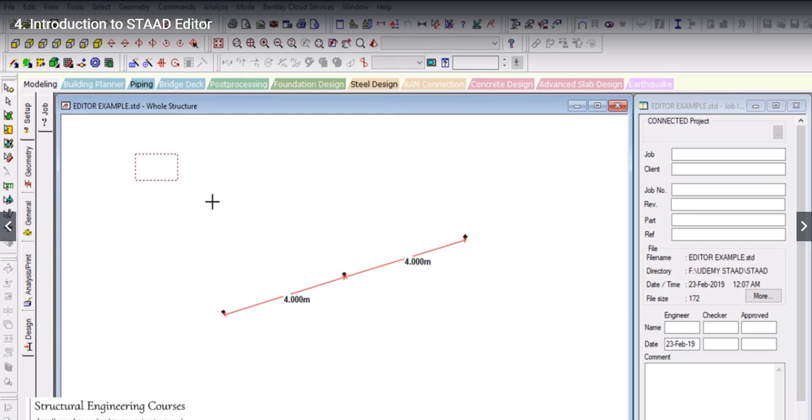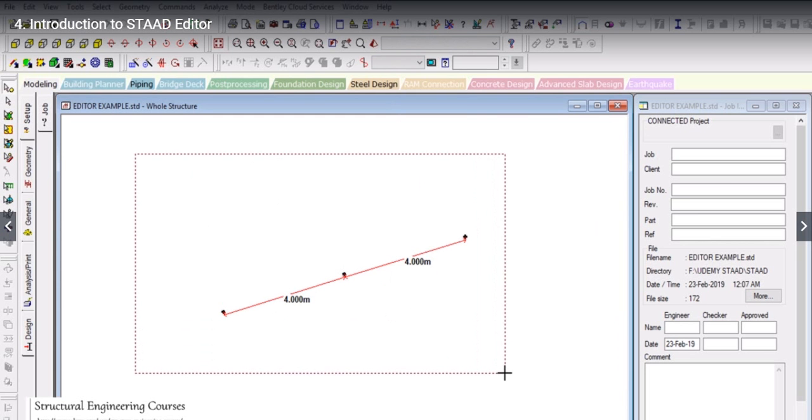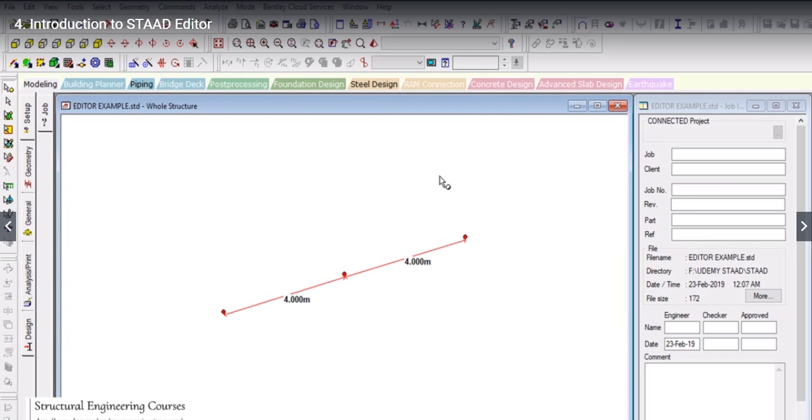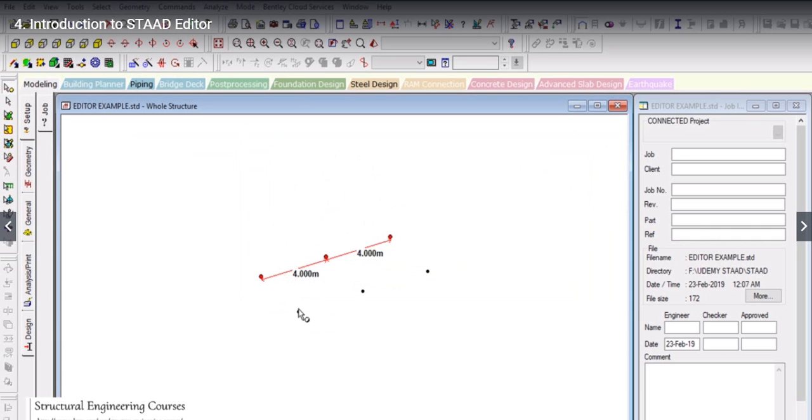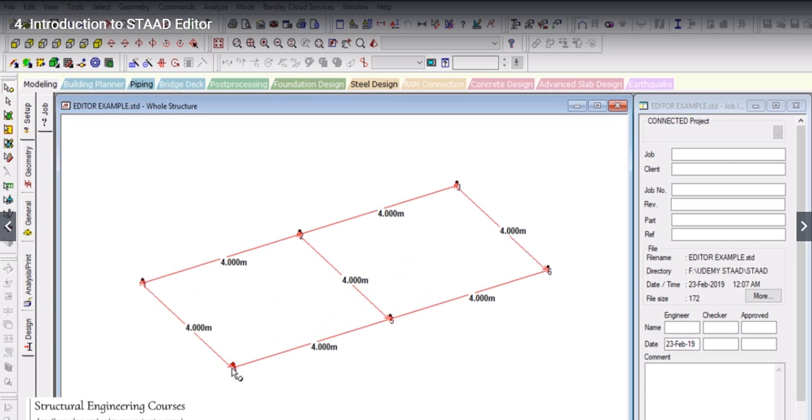If we want to repeat the joint coordinates in the graphical user interface option, that is this option, we can go for translation and repeat, press Z, with default step spacing as 4. So left click on OK. So this is node number 4, node number 5 and node number 6. Please press Shift plus N on your keyboard. So this is joint number 4. The coordinates of joint number 4 should be x 0, y 0 and z 4.